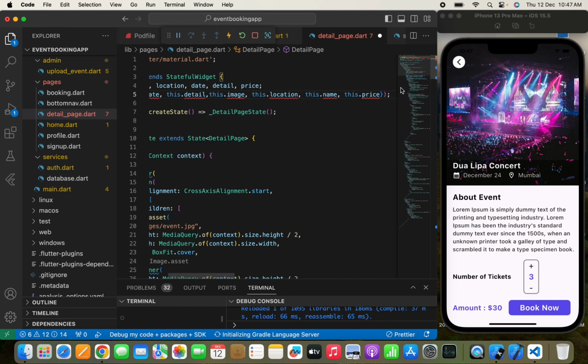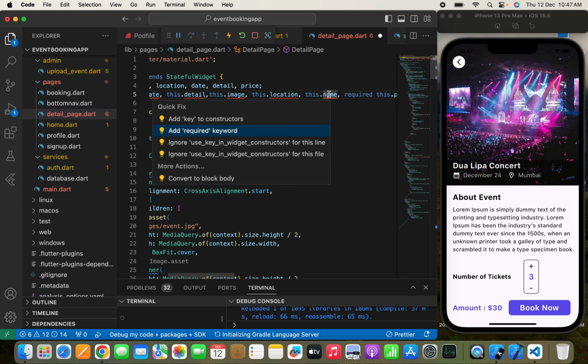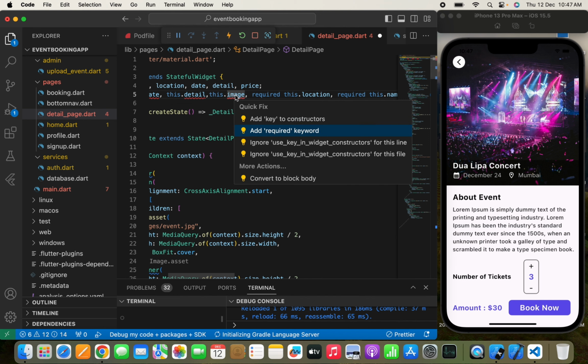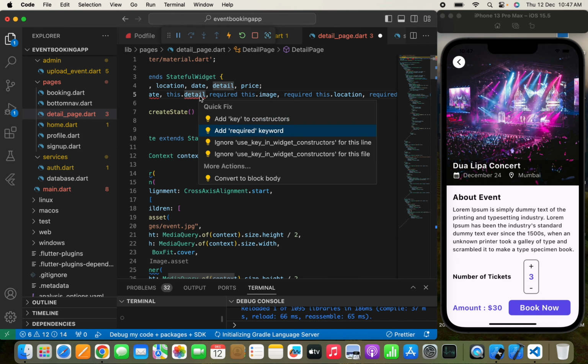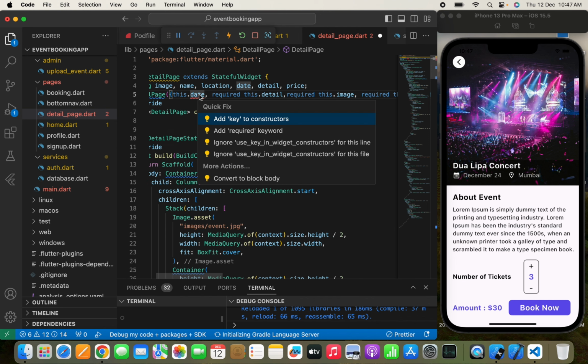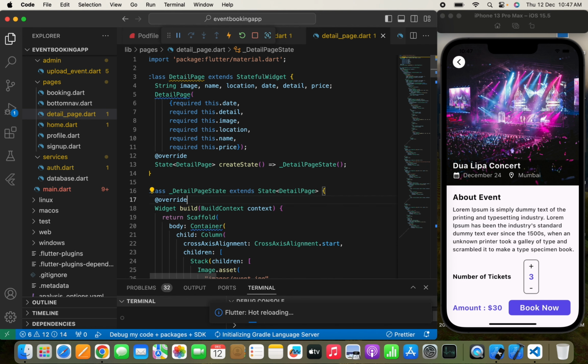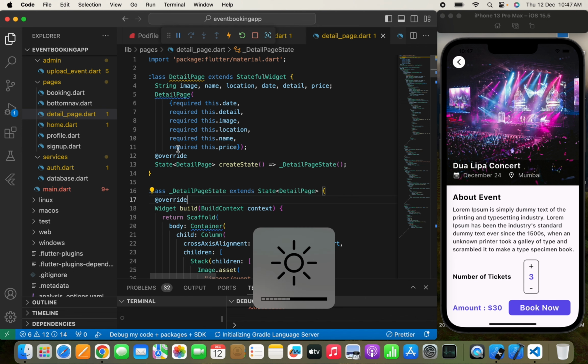Now let's pass a required function in each case. So we'll pass a required function in each case, something like this and this. Yeah, so once we have done all this, now let's move to the home.dart page, because we also need to pass a detail to this detail page. So let's move to the main.dart